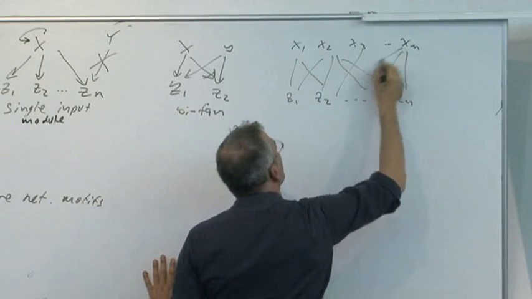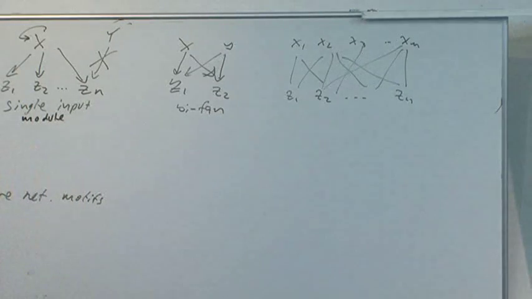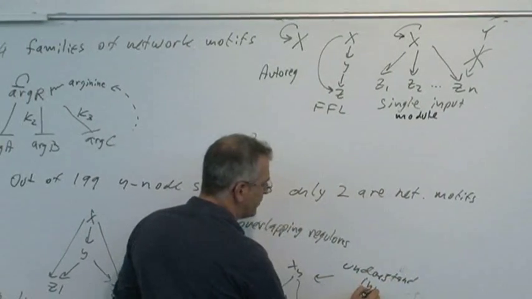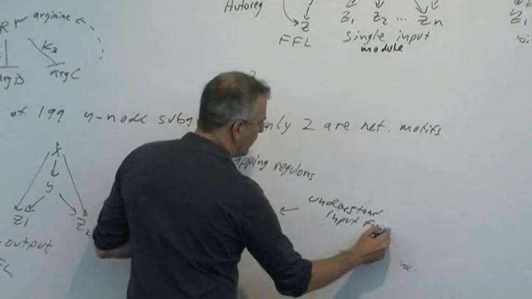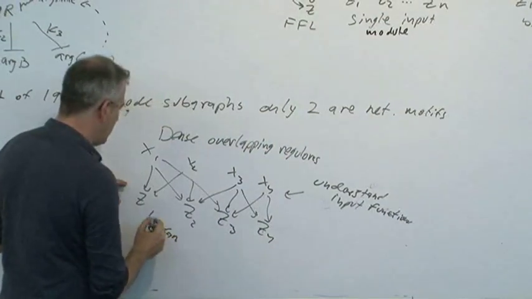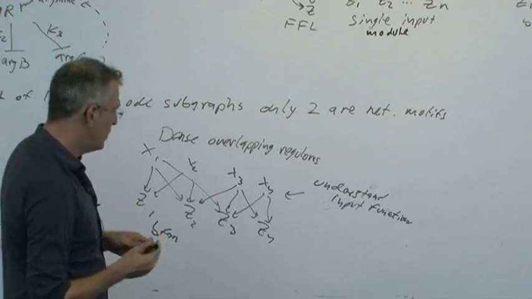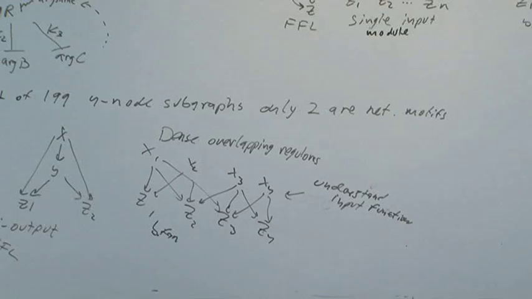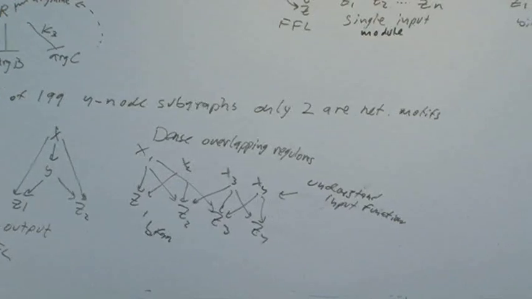And we don't really understand what to say about them, except that you need to understand the input function. Isn't it a good way to correlate the expression of a few genes that are related, but not necessarily will have to occur at exactly the same time? Correct. So what this dense overlapping regulon does, it's like what's called